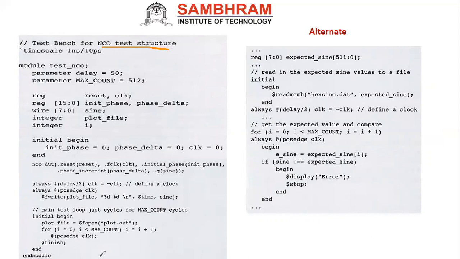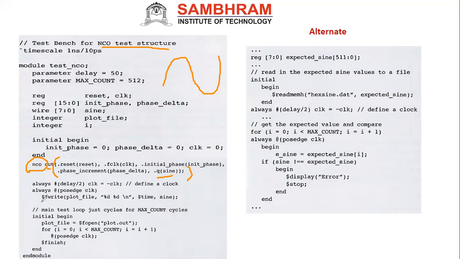So no need to worry about all those things. See, these are the normal parameters, the registers and the integers. So here the initial begin, because a sine wave normally will have the initial phase, the phase delta, everything will be there. See the module. This is the module, that is NCO. This is our module. DUT means design under test. This is our complete model, right? See, we have given the following inputs that we are passing. The output is the sine wave actually. So now we are generating the sine wave.